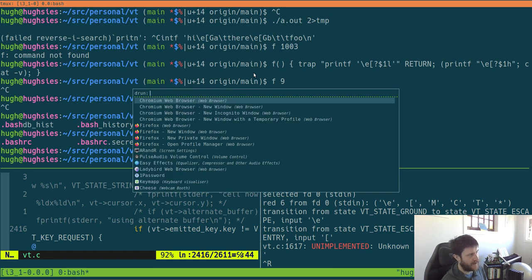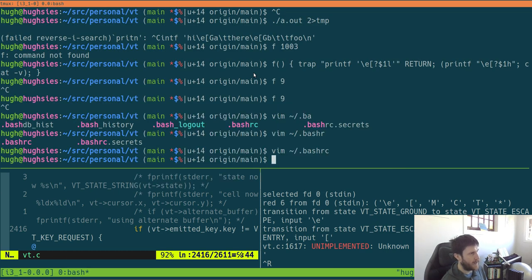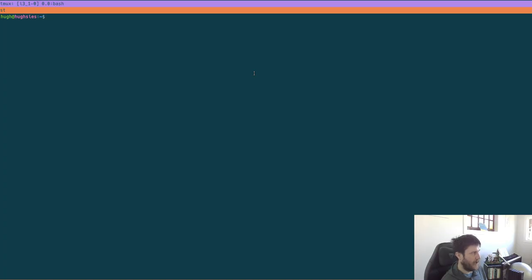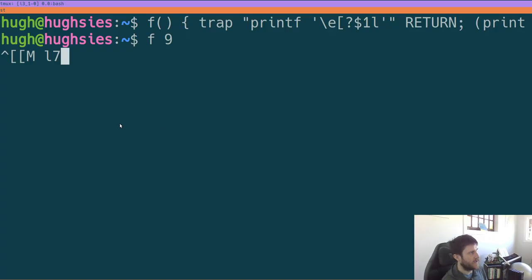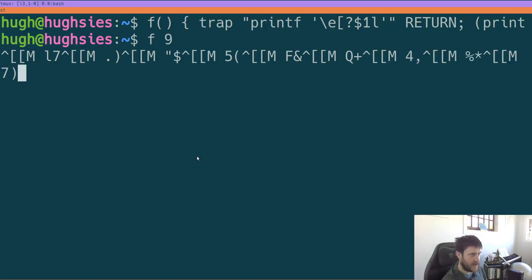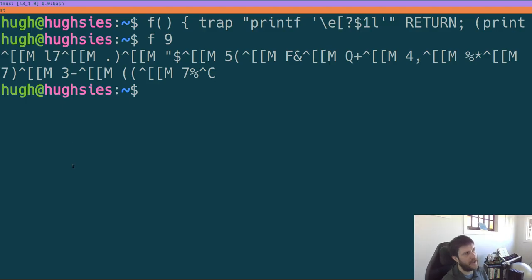And now if I open up a new terminal, we can declare that F, and we can go F9 and click. And yeah, so now I am getting the codes. So I click once and I get a different thing. And I get different things depending on where I click, to be honest. And I was clicking only with one button there, and perhaps